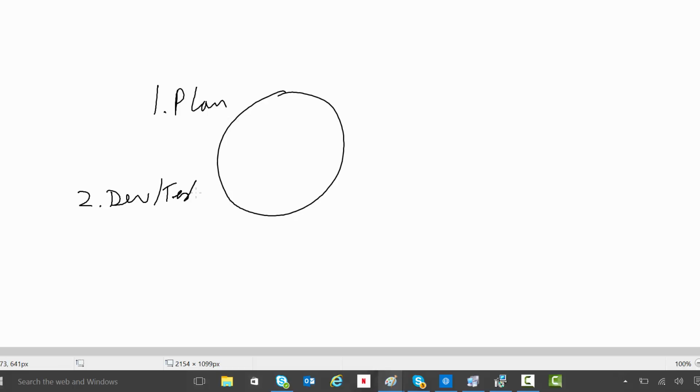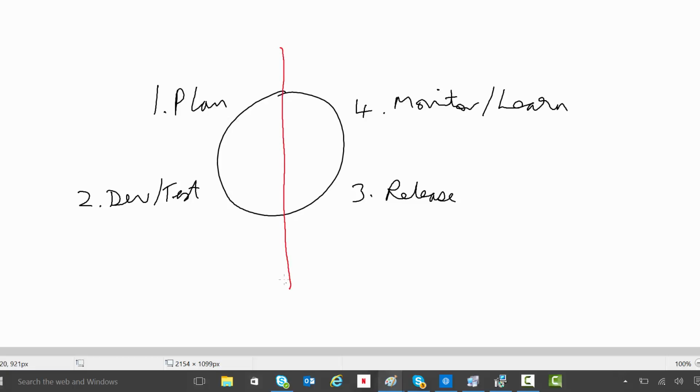It's a circle, and it says 1, plan, 2, dev and test, 3, release, and 4, monitor and learn. And it's really apparent to me that if you draw a line down through the middle here, this